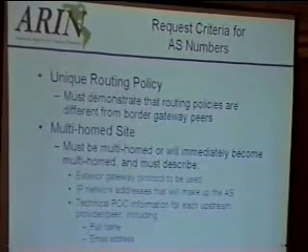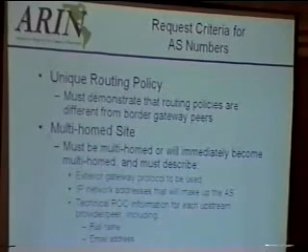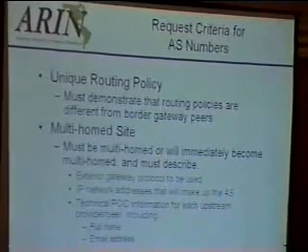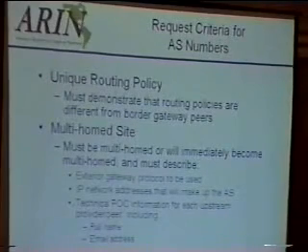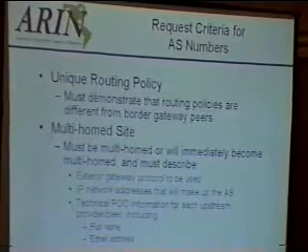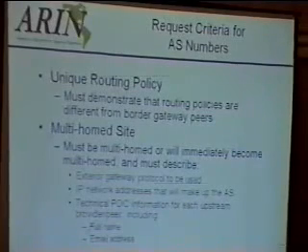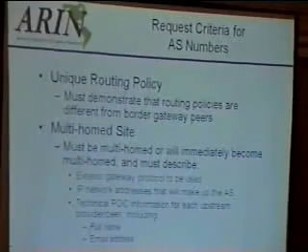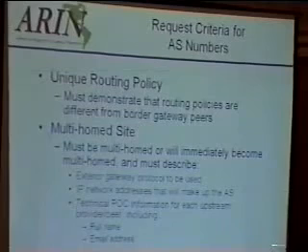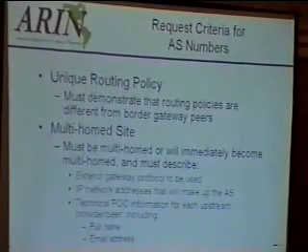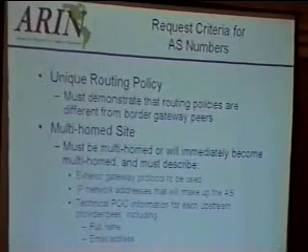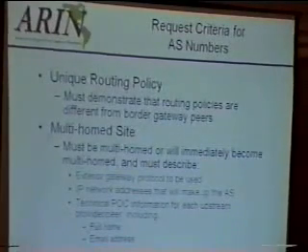Okay, request criteria for AS numbers. Pretty simple. An organization either shows they have a unique routing policy or that they're going to be a multi-home site. And then being a multi-home site, you need to tell us you're going to become multi-home immediately. Basically, you're already working with your upstream providers and you're setting up your relationships with them. And some of the information that you have to give us, tell us what exterior gateway protocol you're going to be using,